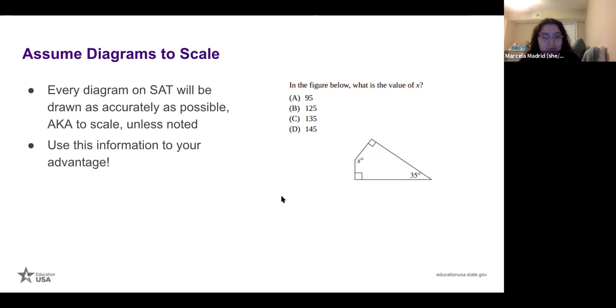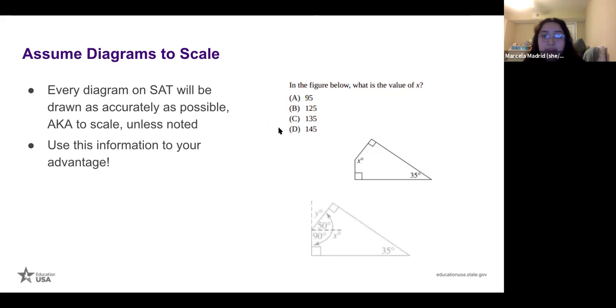So here's an example question. In the figure below, what is the value of X? And you have this quadrilateral, because it has 4 sides. It's just drawn very weirdly, and you have to figure out what X is. You know one angle, and you know the 2 which are right angles. From here, what you can do